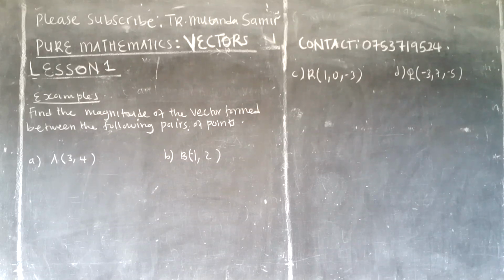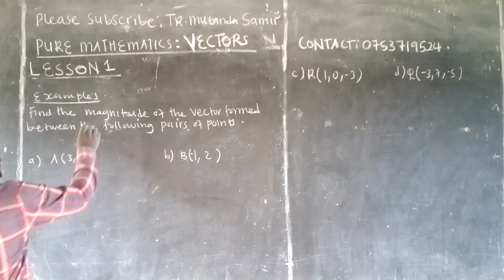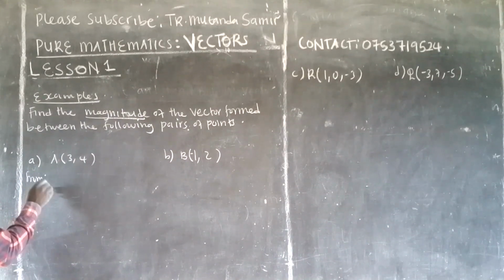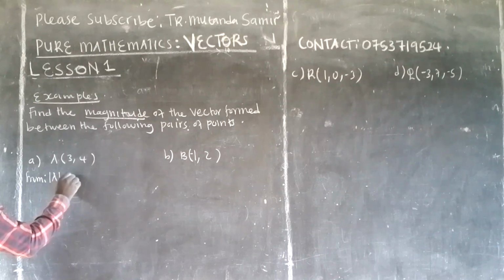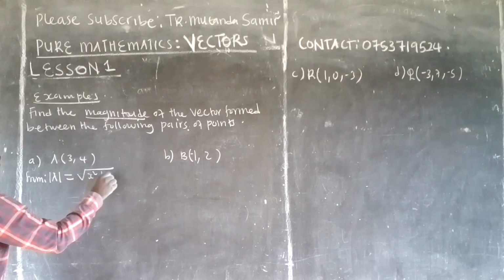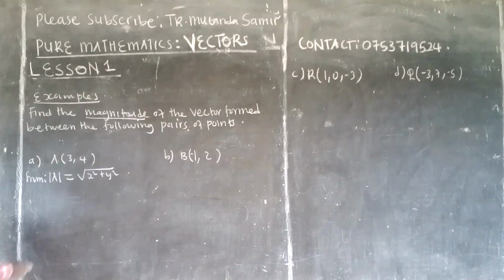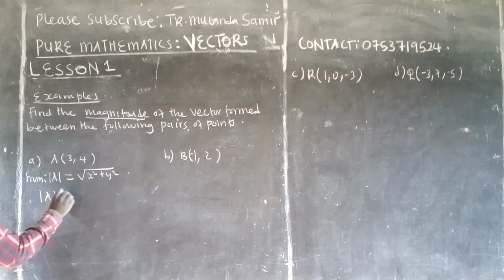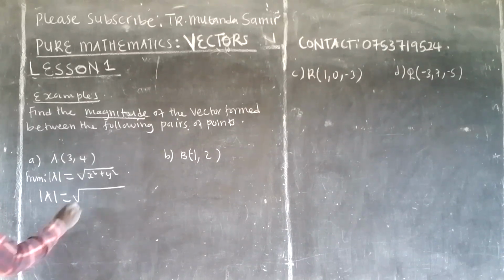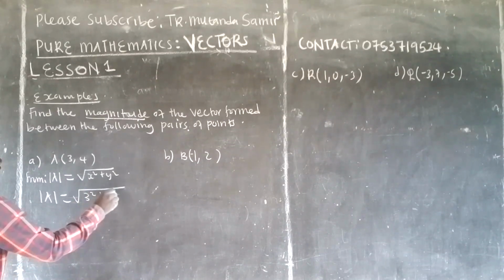They are saying that A is 3, 4, and they want us to get the magnitude. The magnitude of A, once it's in 2 dimensions, is the square root of x squared plus y squared. That's what we do. So the magnitude of A will be the square root of 3 squared plus 4